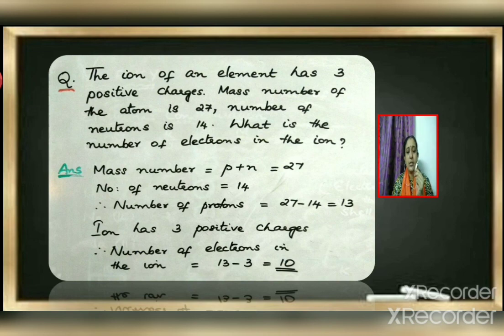The ion has 3 units of positive charge. So the number of electrons present in the ion will be equal to 13 minus 3, which is equal to 10. If it is an atom, the number of protons is equal to 13. So the number of electrons will also be equal to 13. So from 13 we need to subtract 3 since the ion has 3 positive charges. So 13 minus 3, which is equal to 10. So the number of electrons present in the ion will be equal to